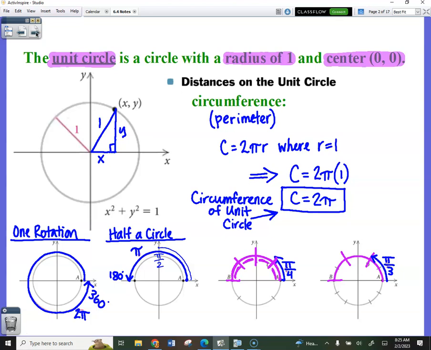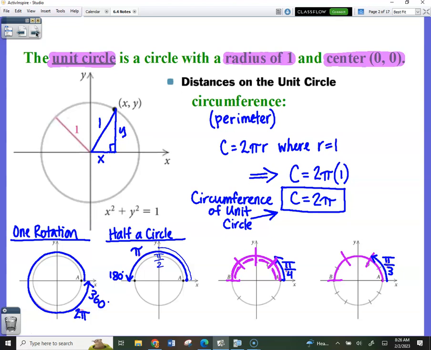You do need to keep in mind the rotation in a positive direction, and then keep in mind if the distance all the way around is 2 pi, then if I only go halfway around the circle, then it's 1 pi, or just pi, which is equivalent to 180 degrees. Start tying those values together in your mind. 2 pi is 360, pi is 180, and then get comfortable with slicing the pizza or slicing the pie